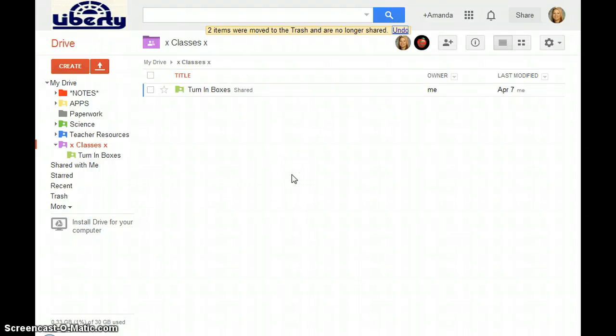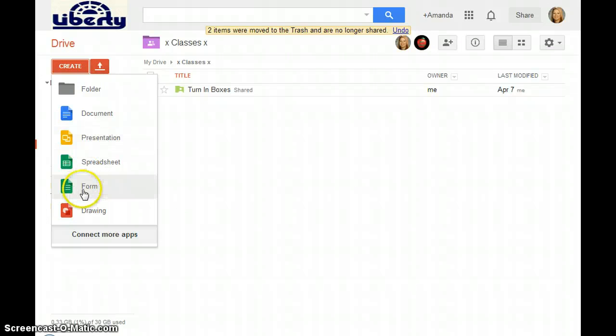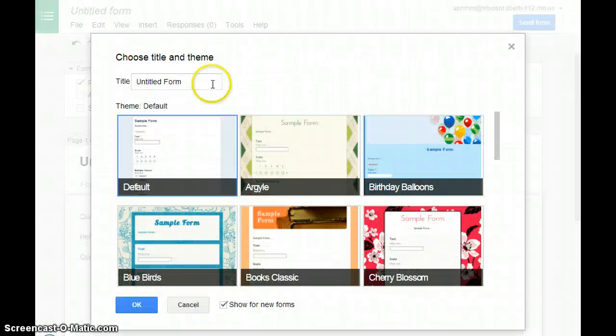Today I'm going to show you a really easy way to organize student work in one location using a Google form. So first I'm going to create a new form while I'm in my Google Drive. When I do that, I'm going to change the title into something that will help me organize the work